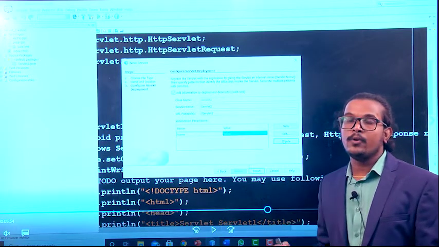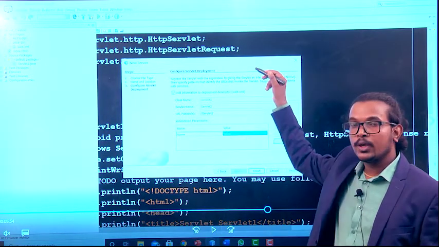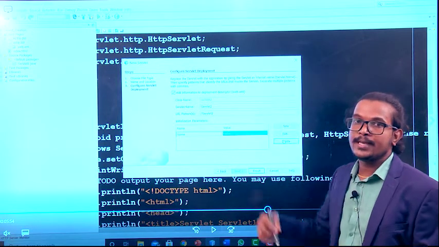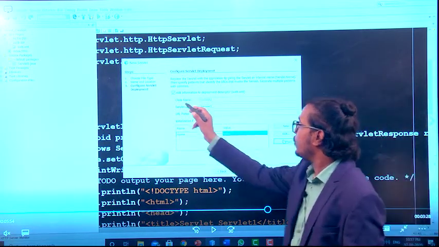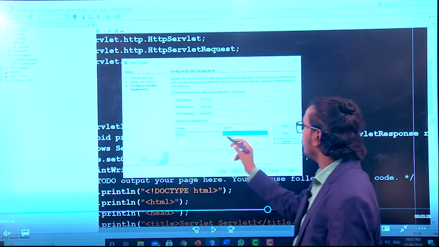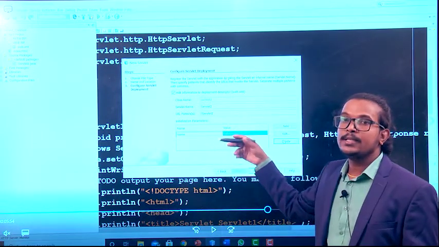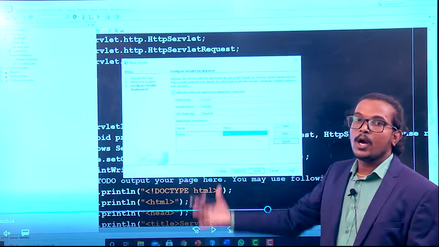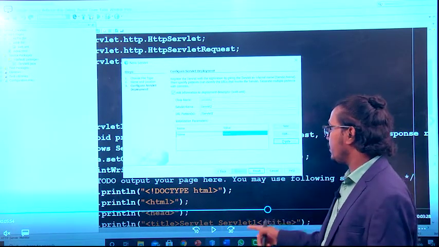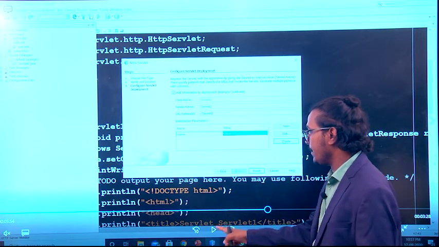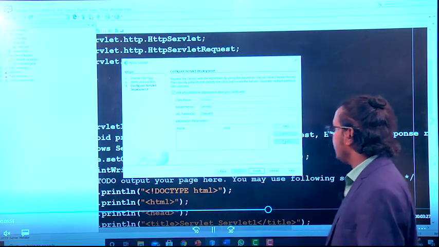Or manually, you can go to the web.xml file and initialize the parameter there. But here it is automatic: if you check this button and initialize the parameter here, it will be initialized and these parameters will automatically appear in your web.xml. In this program we are not using these initialization parameters. You click on the finish button.